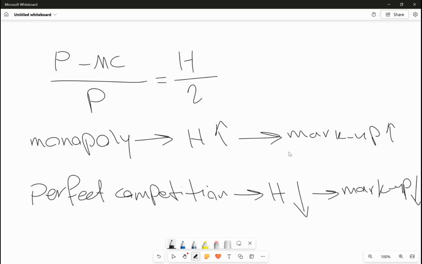So, when we say the cost structure is exactly the same for both firms, it means the fixed cost and the variable cost per unit should be the same. It doesn't mean total cost is necessarily equal, right? So I'm going to fix it later, but there is no equity here. It's only variable cost per unit, the same across two firms, right?